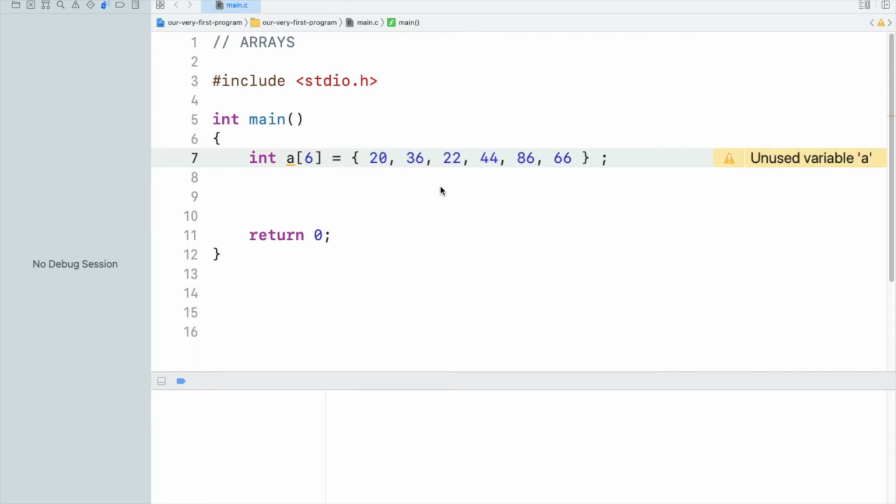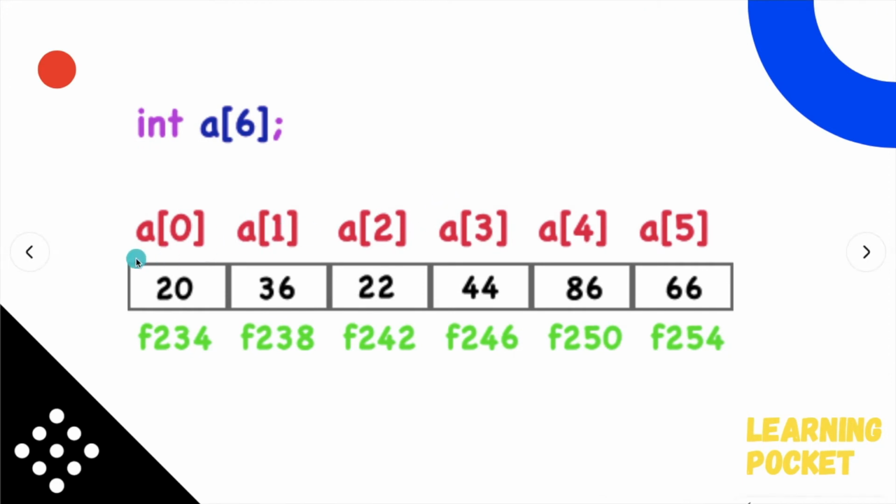So I have initialized all six values of array A of size 6, and as soon as I do this, the array stores six different integer-sized memory blocks. You can see the array has the values 20, 36, 22, 44, 86, 66 respectively, and these are the memory locations of each array block.